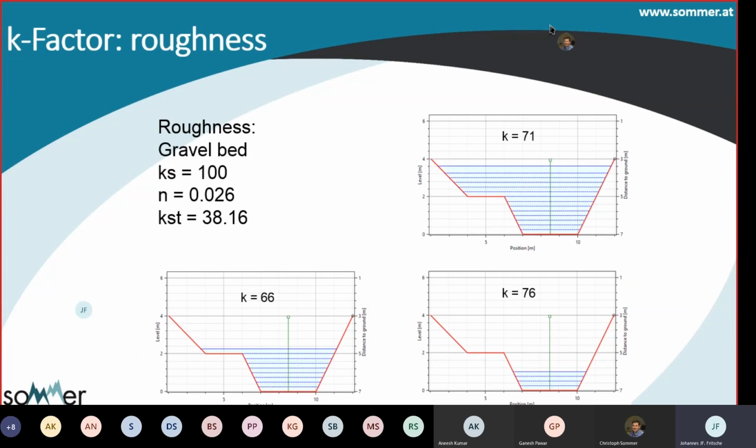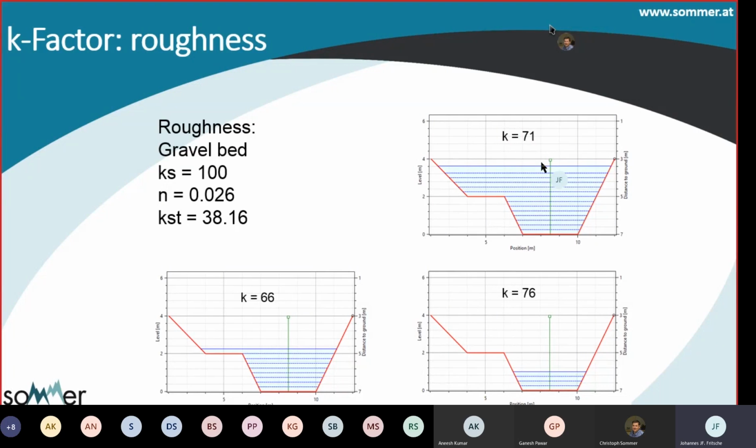You can see here an example of a gravel bed at different water levels. We say a gravel bed has a standard sand roughness coefficient of 100. This is equal to a Manning coefficient of 0.026 and a Strickler coefficient of 38.16. So if we take just the sand coefficient, we see here that the K factor is